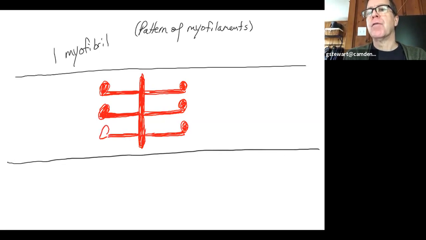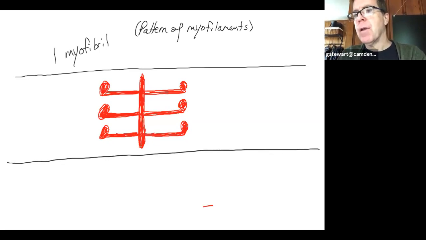Not that I'm a big golfer, but I know what a golf club looks like. That's what these kind of remind me of when I draw them every time. And technically, they're not quite arranged singularly. Inside of a muscle cell, we have a